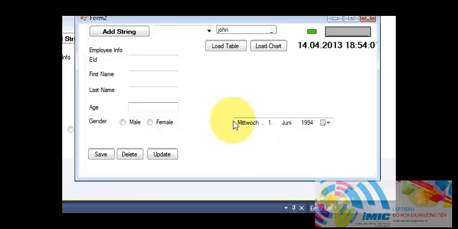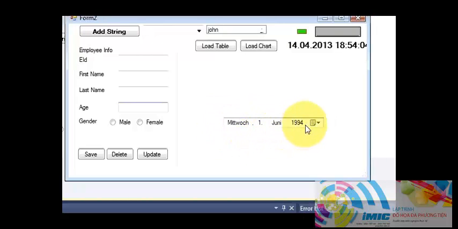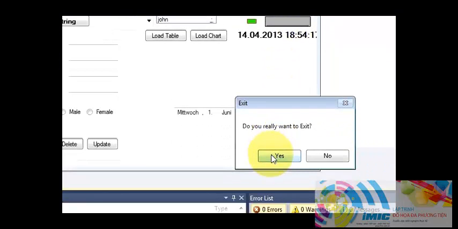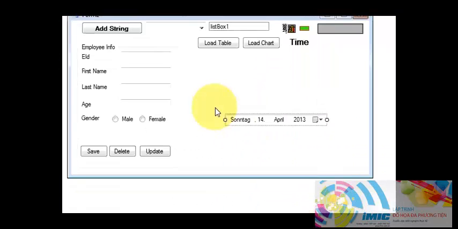And the other problem is I don't want this format of the date. This is a very long format and I don't want to use it. So how can I change my format according to my use, and how can I customize this DateTimePicker according to my project use? I will show you. So first of all, select this